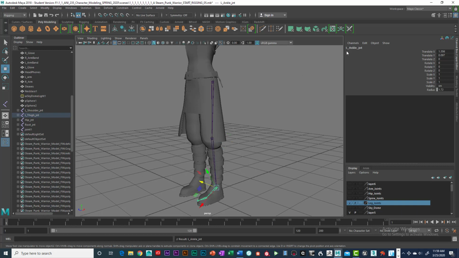Go to the next one. L_ankle_JNT. And the next one is L_ball_JNT. And the next one is L_toe_JNT. Now you can pause these between the times that I say them. I just don't want to spend time waiting and